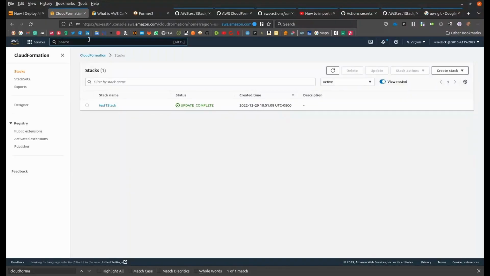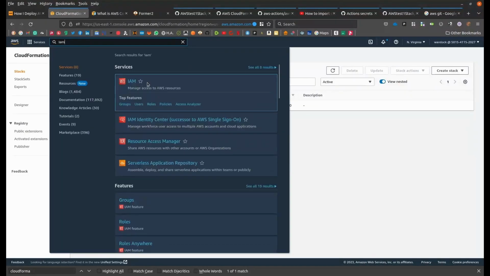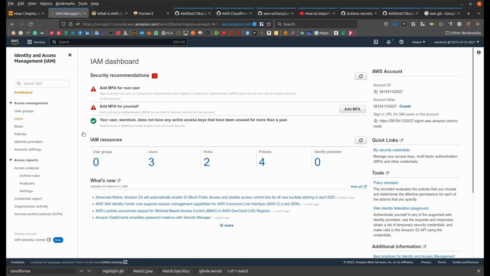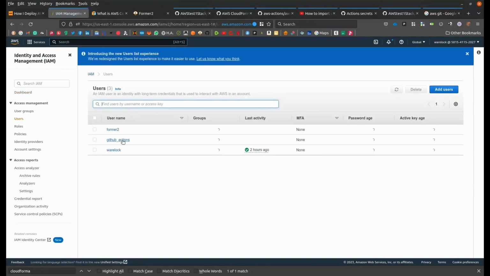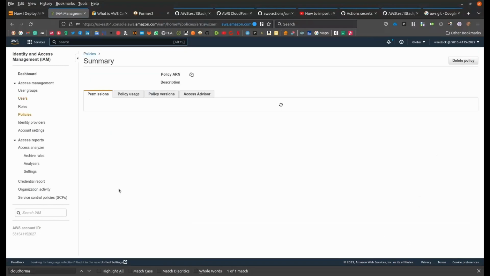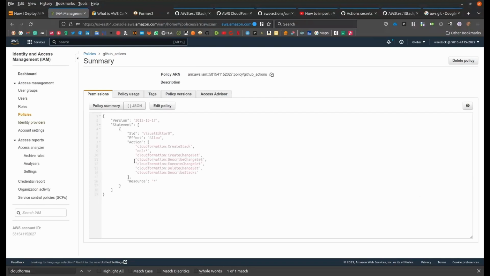So to find that, you go under IAM. I created a user called GitHub Actions. Under users, here's GitHub Actions. And for each user, you can create a security credential. And also in the documentation, it does tell you you need to have permissions associated with this. So I'll take a look at that real quick. I had to create a policy under policies and attach it. And as you can see here, let